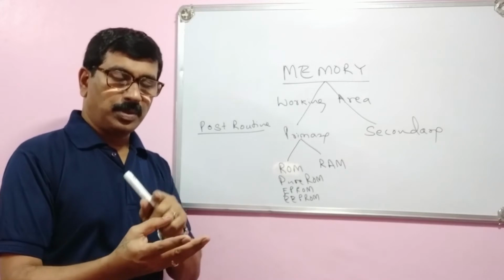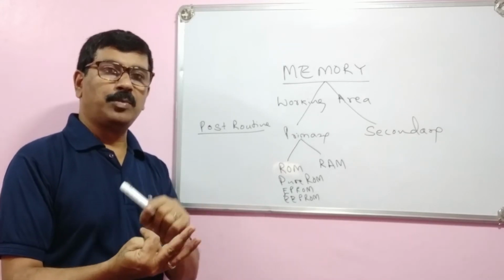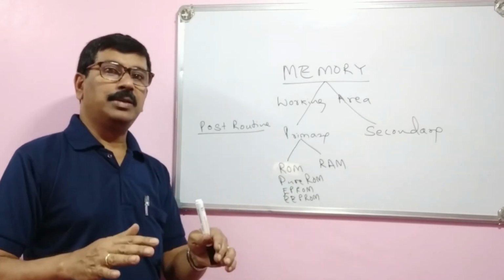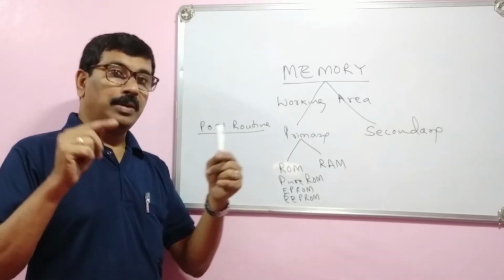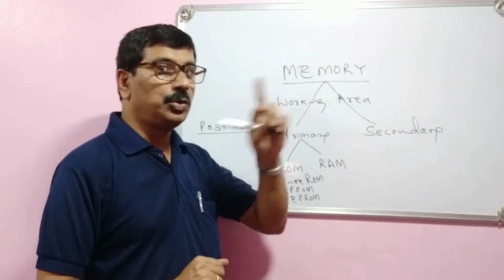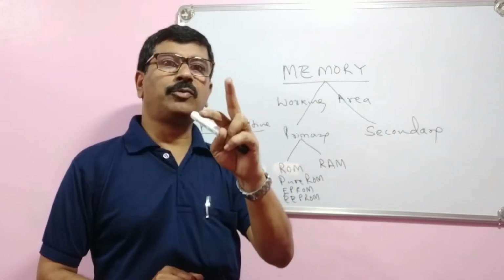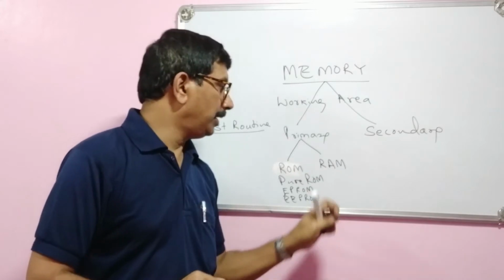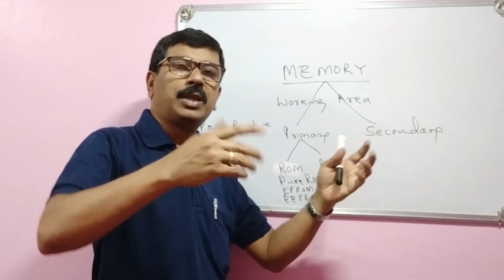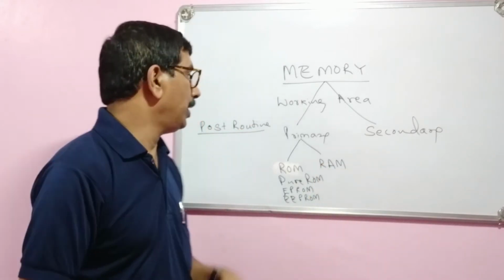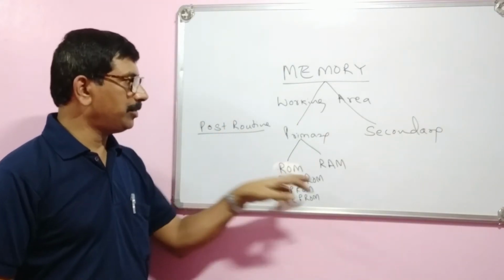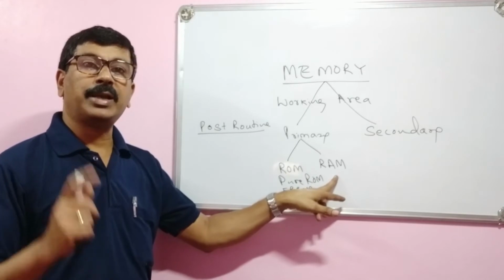What it means is, when you switch on a computer, the computer checks itself: whether the keyboard is connected to the CPU or not, whether the monitor is connected or not, whether the mouse is connected or not, and then it will check whether RAM is properly working or not. As I said, there are two uses of memory: to store the information and to work with the computer, and this RAM is for working purposes. If the RAM is not correct, working on the computer is not possible. That's why in the power on self-test, first it checks all the devices, then it checks that the random access memory is correct.